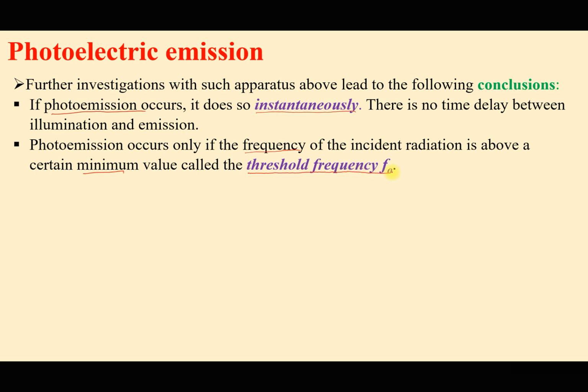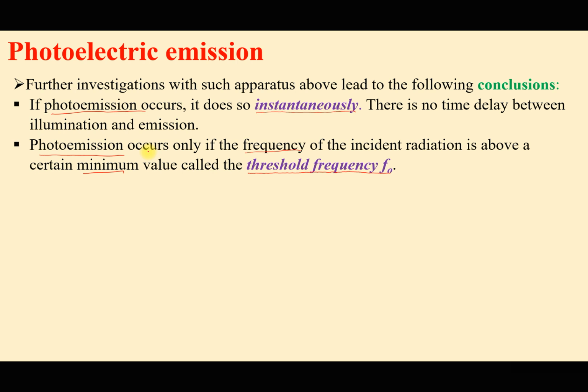The reason the gold leaf could not collapse with visible light is that the frequency of visible light is low. In fact, it is below the minimum required to cause the release of electrons from a metal surface. The frequency of ultraviolet light is above the minimum required to release an electron from the zinc plate. So, photoelectric emission only occurs if the frequency of the incident radiation is above a certain minimum value, which we